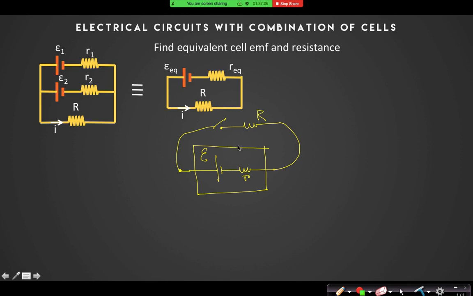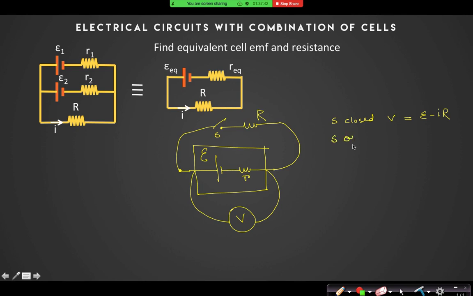Yes or no? And that current in the battery will be E by (R plus r). So as there is a current flow, if there is a voltmeter and I measure the potential difference across that battery, will you find E or E minus I small r? E minus I small r. Yes. When the switch is closed, you will find E minus I small r. That is the potential difference across the battery.